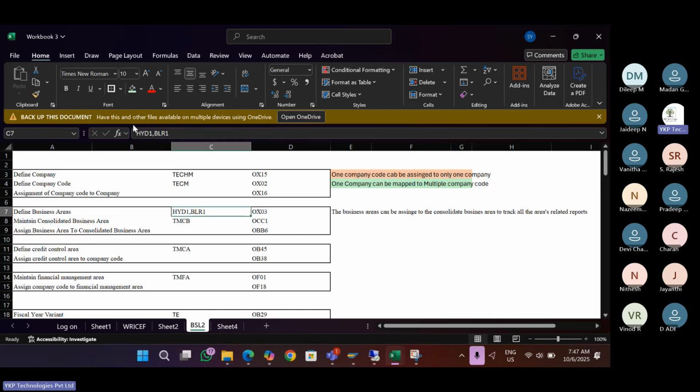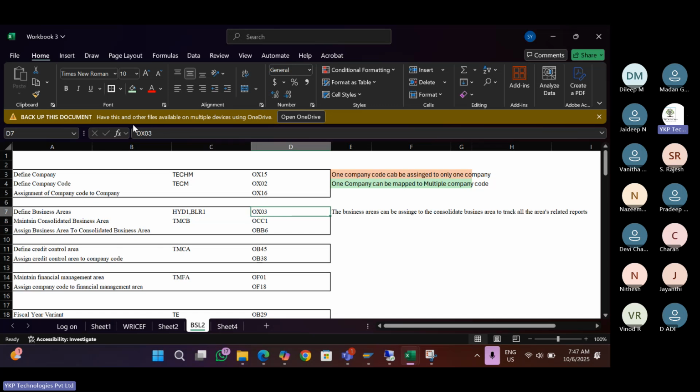So, define business area. Defining a business area means it tracks the entries at the business area level. We will create business areas, and this area code will be used at the time of posting accounting transaction entries. We will have a business area field, or business place field. At the time of posting an entry, our company code is TECM only, but while posting any accounting entry we give this company code and also the respective business area code, so that we can understand that